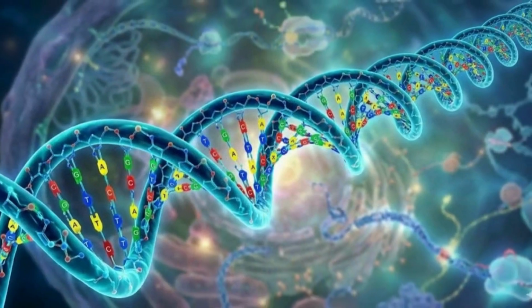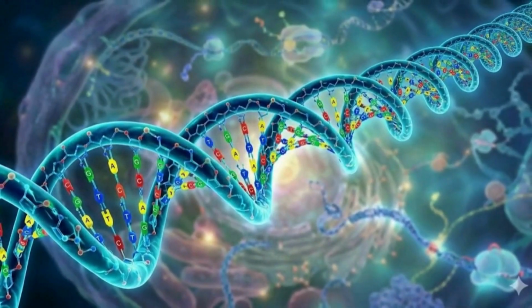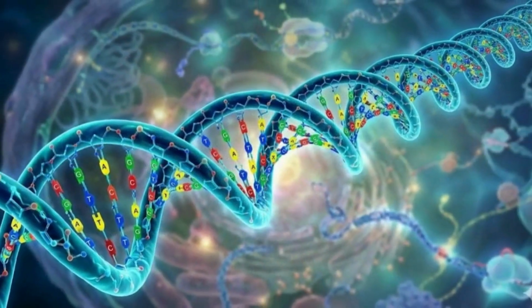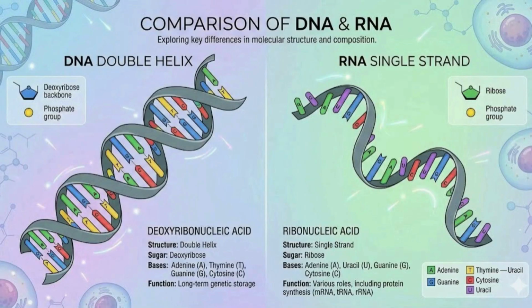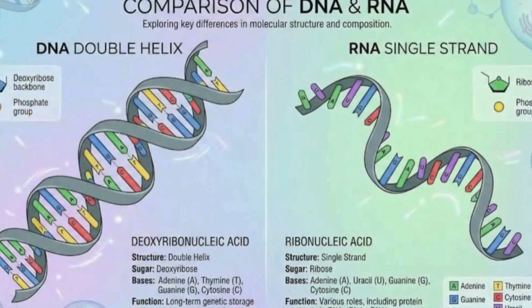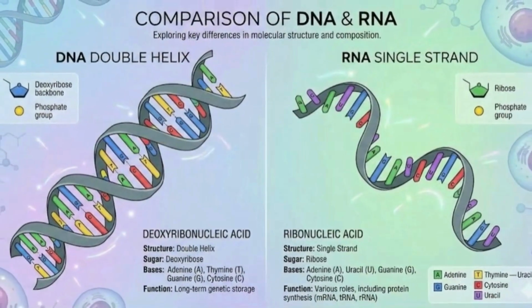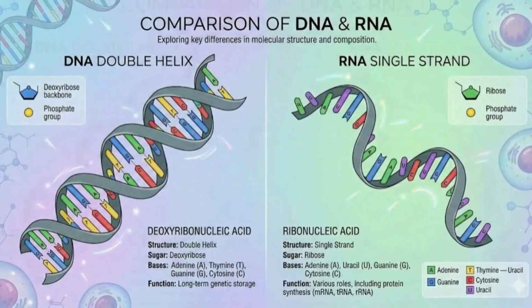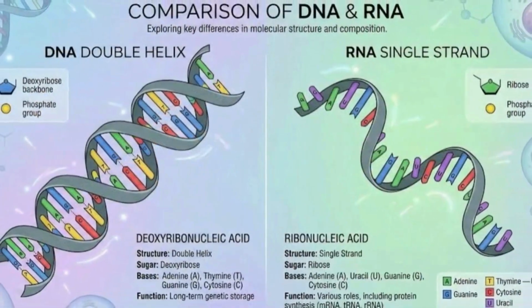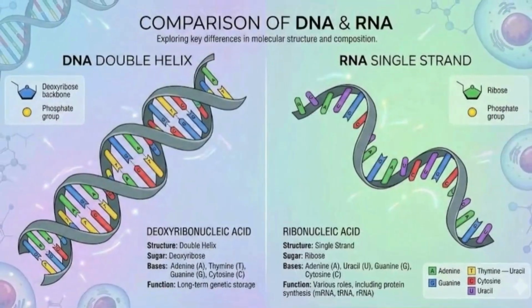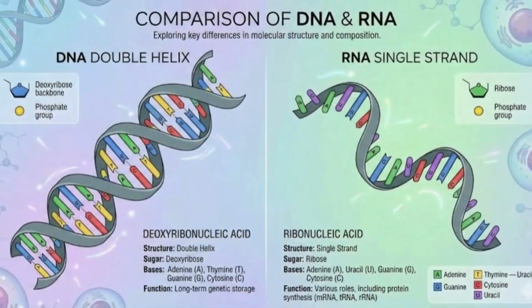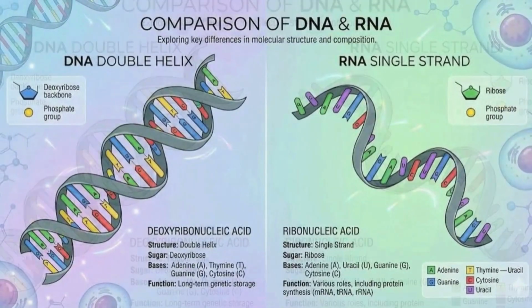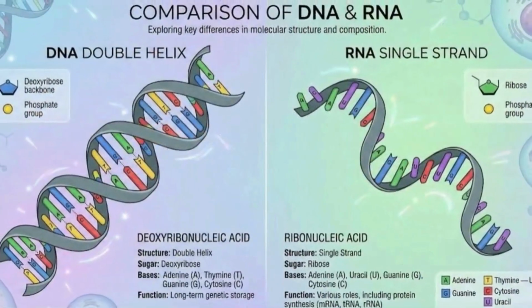Now, before discussing their functions in detail, it's important to compare DNA and RNA directly. DNA and RNA are structurally similar, but they differ in several ways. DNA is usually double-stranded and forms the double helix structure, whereas RNA is generally single-stranded. DNA acts as the storage molecule for genetic information. Because it is chemically more stable, RNA is less stable but much more flexible functionally, allowing it to participate in